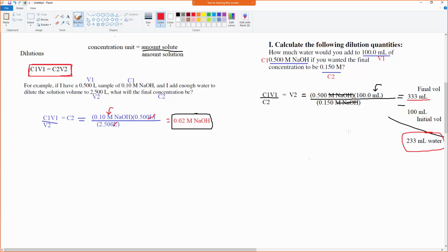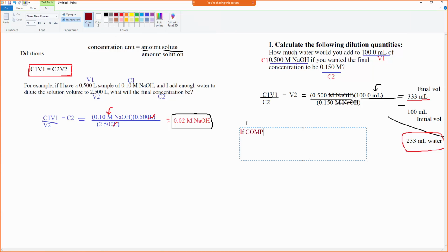Okay. Now, Sarah asked an excellent question. She says, do you have any useful tips on how to remember when we need a specific unit, like I have to be in grams and milliliters, or I have to be in moles and liters, versus when they just need to be the same on both sides? And the answer is, especially for gases, temperature always has to be in Kelvin, no matter what I'm doing. But other than that, the important thing to note is